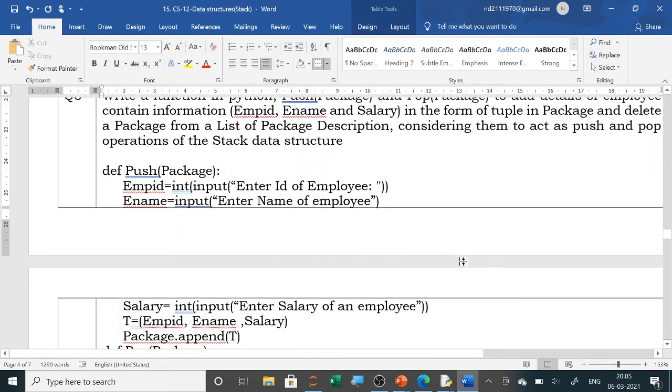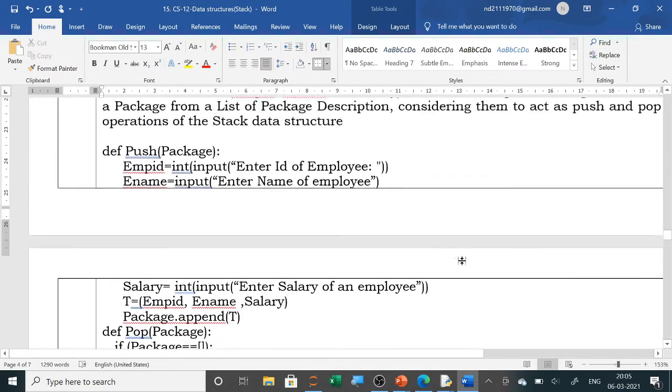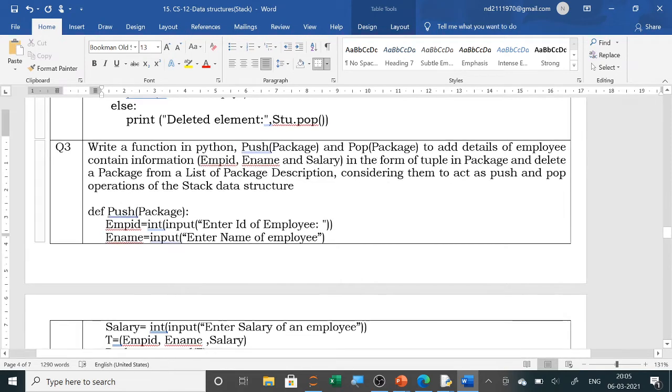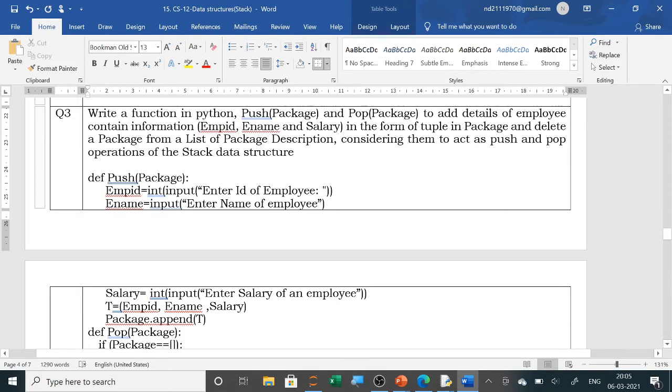जैसे ये क्वेश्चन है, आप अभी पॉज करके क्वेश्चन को लिख के पहले आंसर को लिख लीजिए। उसके बाद इसमें कुछ भी नहीं है, खाली हमको एम्प्लॉय आईडी, एम्प्लॉय नेम, सैलरी यूज़र से लेना है, एक लिस्ट क्रिएट करना है या टपल क्रिएट करना है और उसमें अपेंड कर देना है। क्वेश्चन पेपर में अगर दिया रहेगा कि टपल क्रिएट करके फिर डालना है, तो आप एक टपल क्रिएट करेंगे और उसके बाद आप डालेंगे।